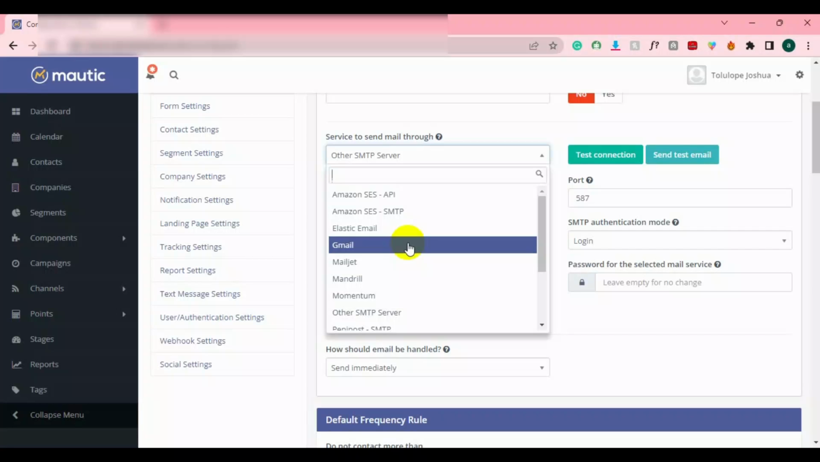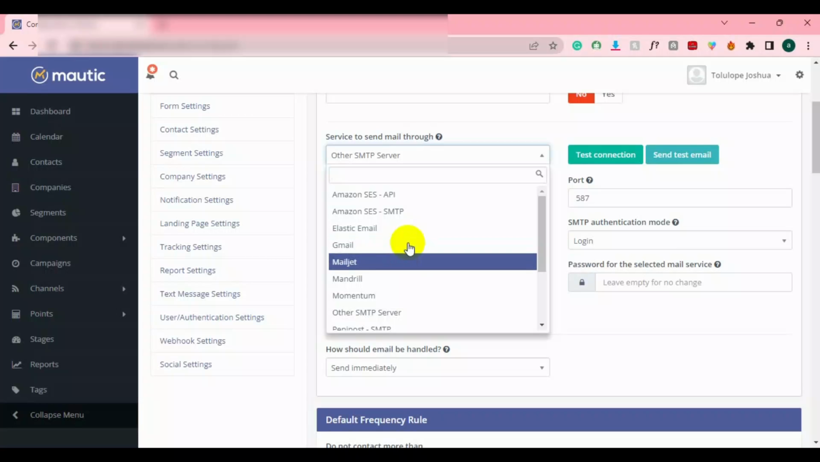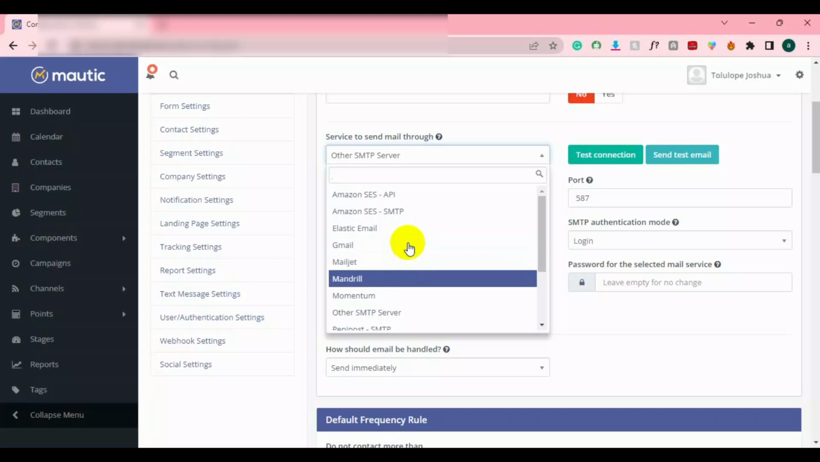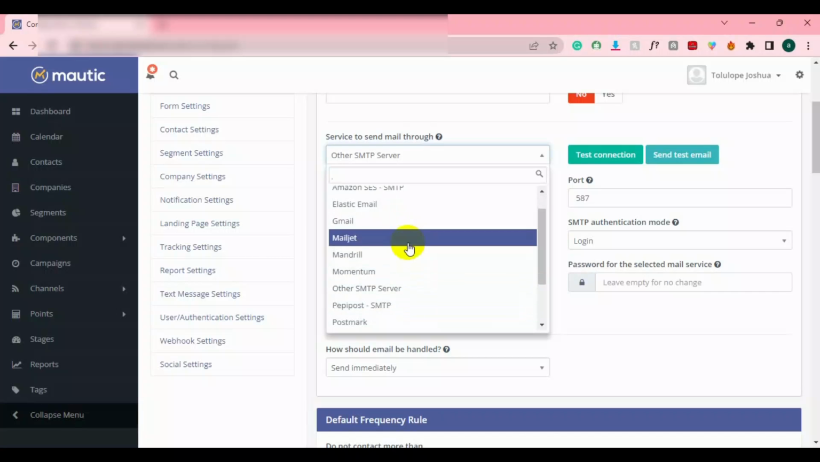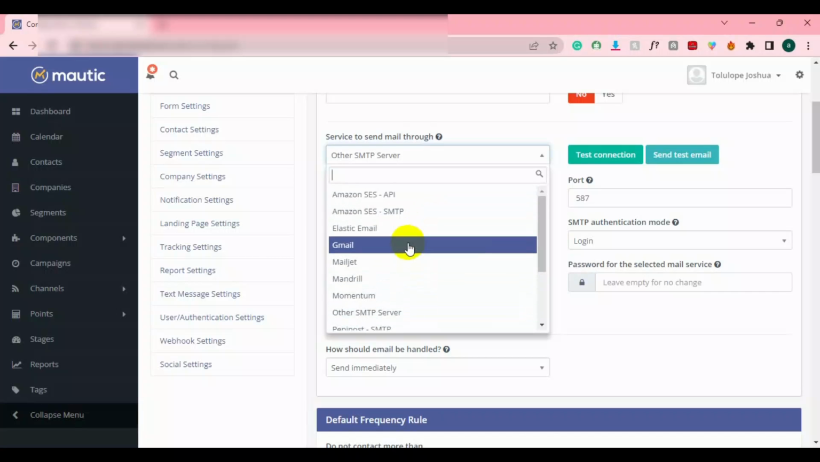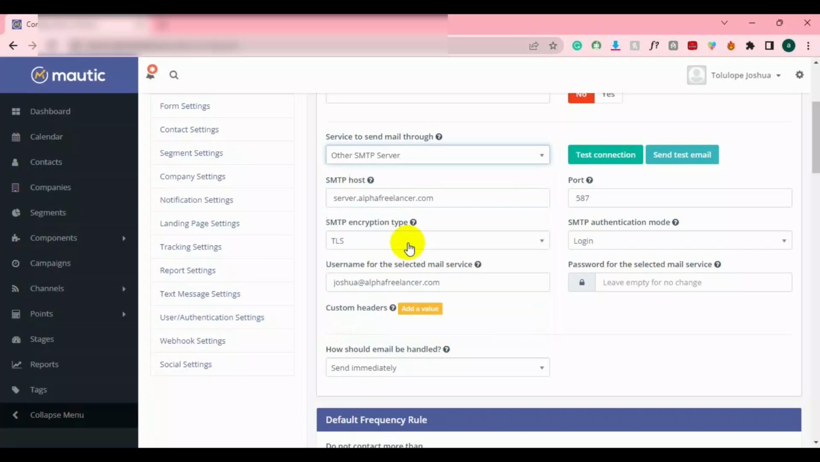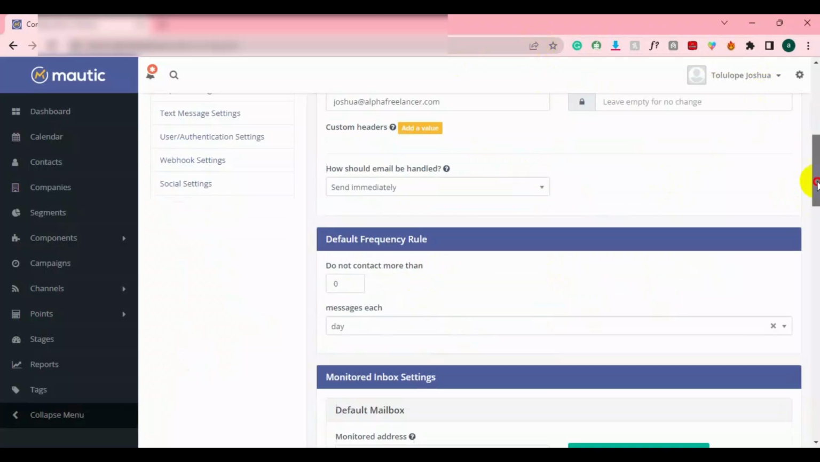You can use your Gmail, but Gmail has limitations. With one account you should be able to send a maximum of 500 per day if your account is very old and active. You can use Mailjet SMTP, Mandrill, Mailtrap, and other SMTP that Mautic supports right now. After you have connected the SMTP server to it, the next thing is to come to your segment,